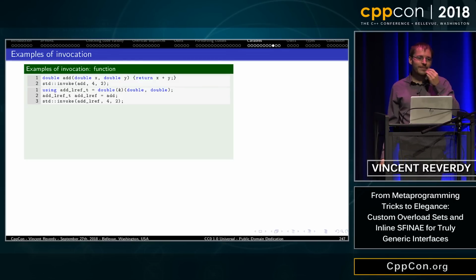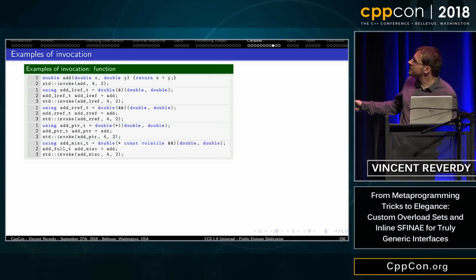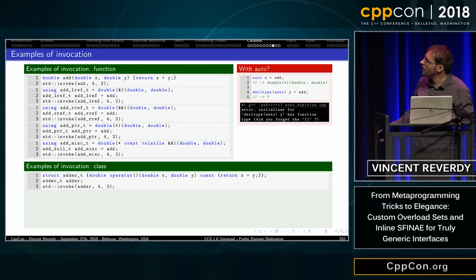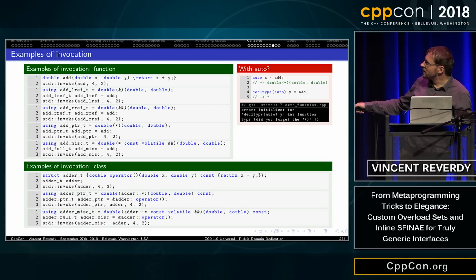And all of these things work with std::invoke. And for example, it works also if I have weird qualified references to classes.